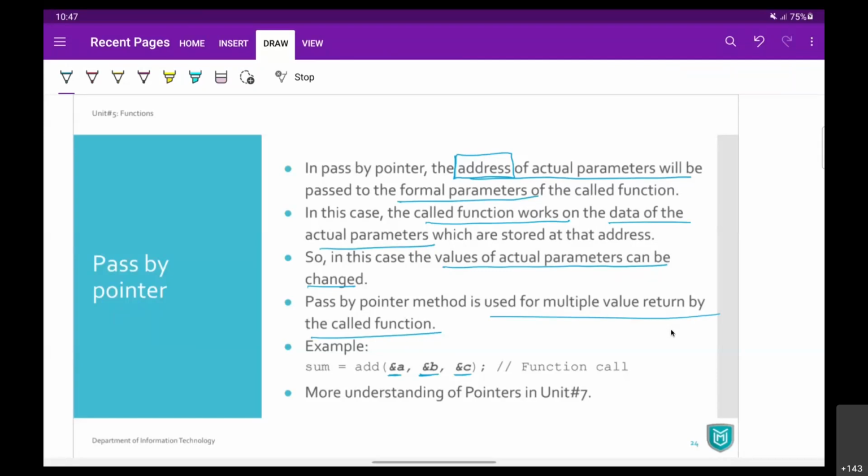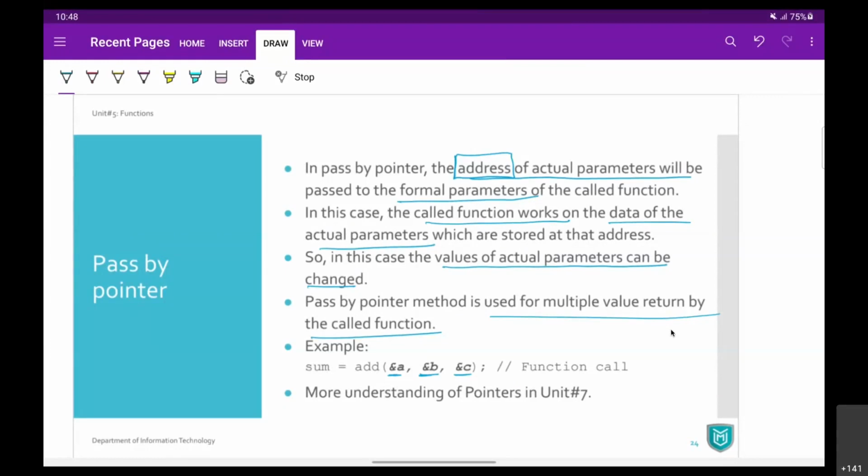So when we send the address at the other end, फंक्शन के पास वो एड्रेस स्टोर करने के लिए पॉइंटर वेरिएबल होना चाहिए. Only in that case it can catch addresses. अगर आप छोटा बॉल थ्रो करते हो तो आसानी से पकड़ सकते हैं. अगर आप बड़ा बॉल थ्रो करते हो तो उसको पकड़ने के लिए भी कुछ अलग प्रोसेस रहेगी, राइट?